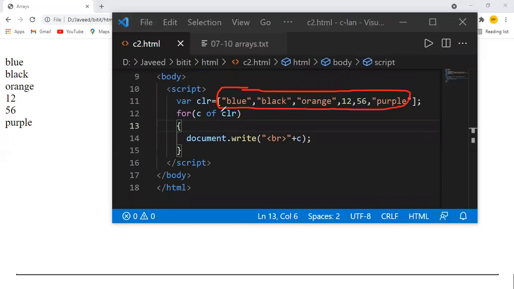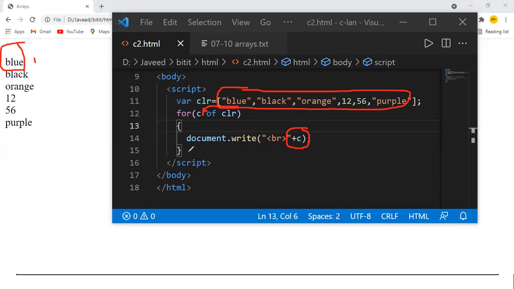Now I'm starting a loop here. When I'm starting my loop, the first time it will get the value blue. For the first iteration, that is the first repetition, it gets the value blue, and it's going to be stored into this variable called C. Now here I'm trying to print the value. So that is what you see, the first value is going to be blue for me. That is for the first iteration.